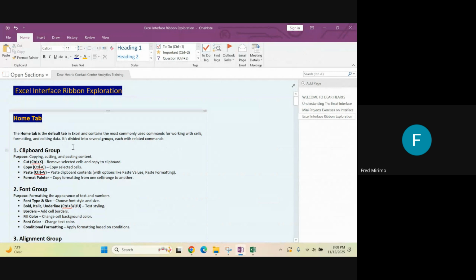And then the home tab is divided into several groups, and each group has a set of related commands. We can classify them into these categories, the first one being the clipboard group, which we went through yesterday. Just to highlight that,